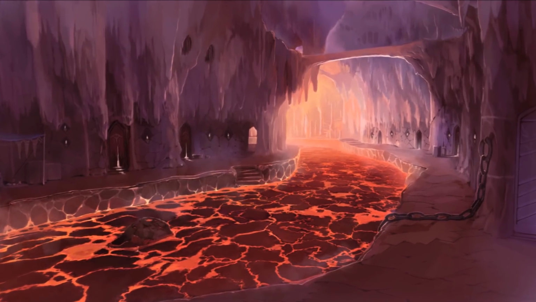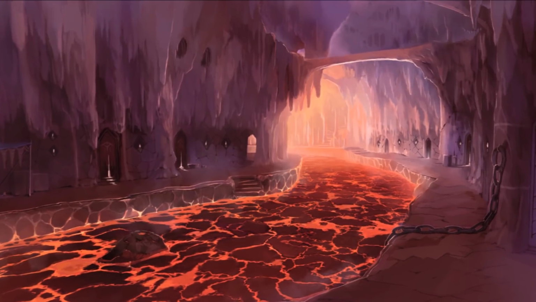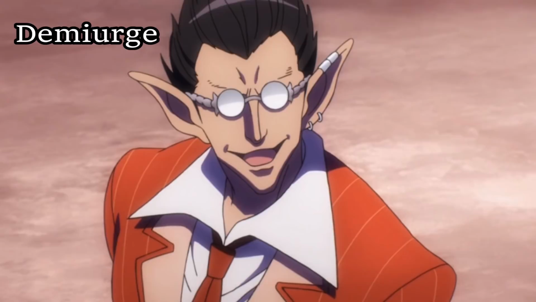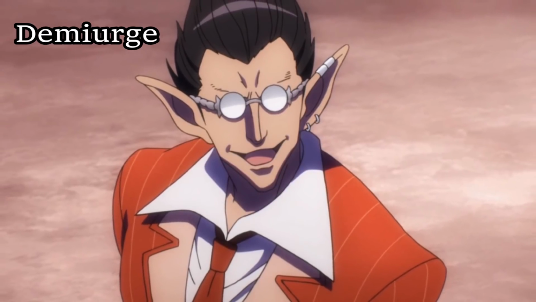The 7th floor is known as Lava. This floor has a river in which crimson lava flows with bubbles that burst as they reach the surface. This floor is inimical to the living and is described by many as a hell wall. The floor guardian is Demiurge, the creator of the blazing